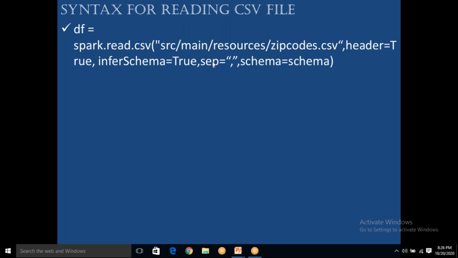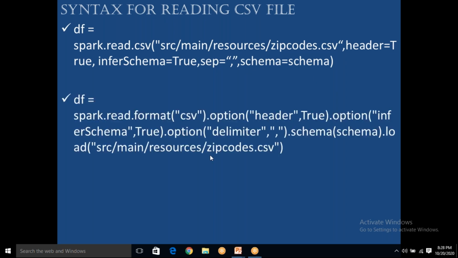So this is your first syntax. I hope everybody is clear on this syntax. Okay, now we will look into our second syntax. Now in the second syntax you can see spark.read.format. Spark is nothing but a Spark session. We are reading what format of file? It's a CSV. Header, do you have headers in the file? If you have headers, you can say header equal to true. Infer schema equal to true. Do you know the schema, or do you want Spark to read data once again to identify the schema? Next option, what is the delimiter in your file, whether it is a comma or pipe or tab, whatever it is. Based on that you need to mention.